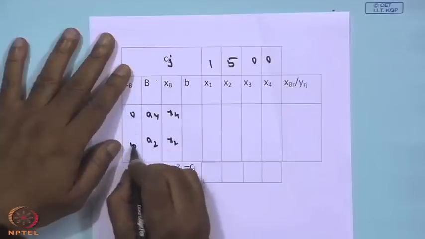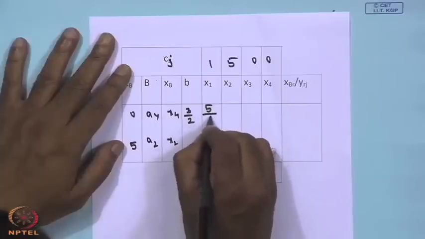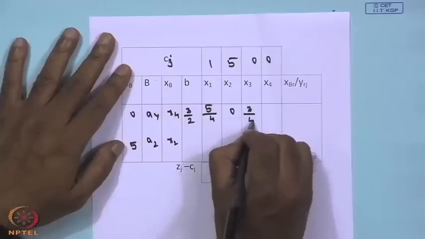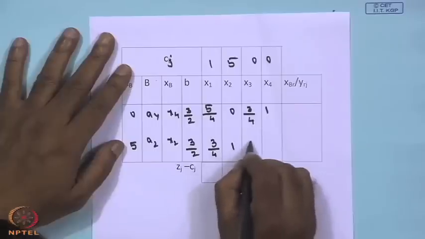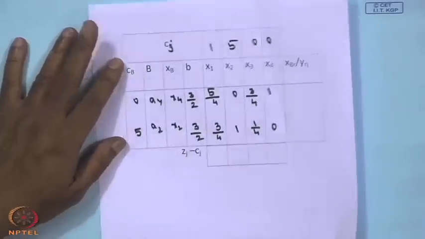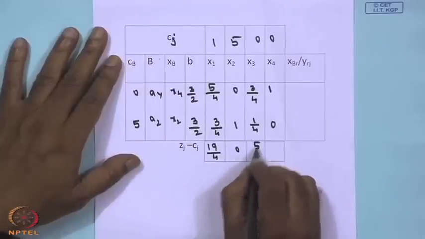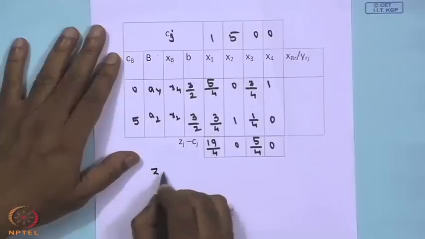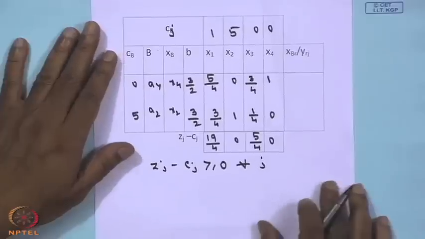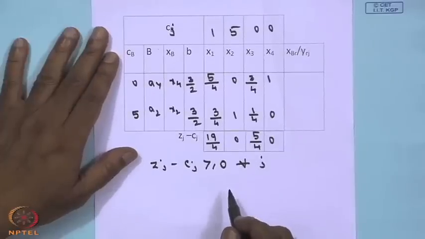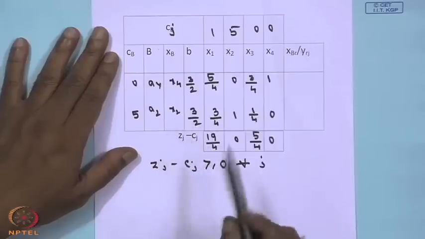So, it is 0 and 5. By making pivot element as 1, and if you calculate you will get this data set, you can check it on your own. 3/4 1, it will be 3/2, 3/4 1, 1/4 and 0. Zj minus Cj, if you now calculate, you will obtain 19/4, 0, 5/4 and 0. So, now all your Zj minus Cj is greater than equals 0 for all j. So, what is the optimal solution? Your decision variables were x2 and x1, but x2 is present in the basis, x1 is not present in the